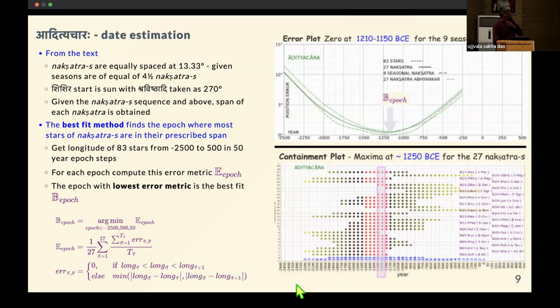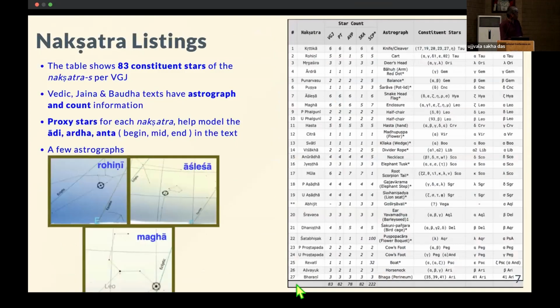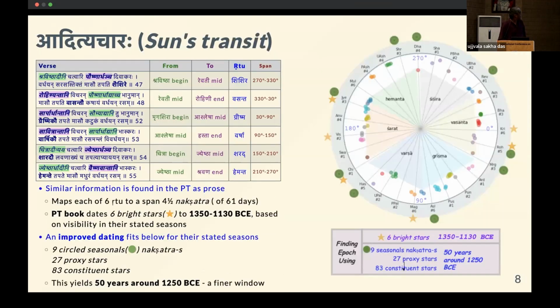So this is the first, the Ādityacāra chapter, the earlier chapter. The Ādityacāra chapter, the 11th aṅga, has 6 mantras or shlokas, which are very nicely tabulated information regarding the relation